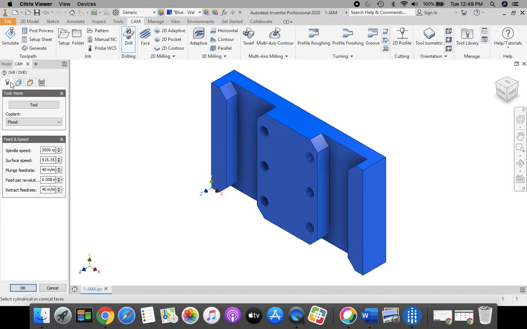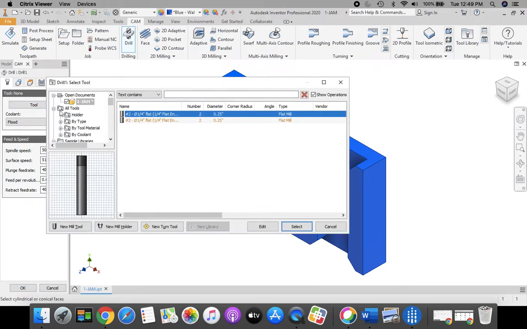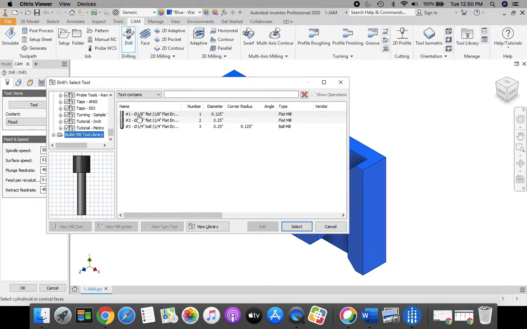Once again, we have these tabs running across the top. We're going to work them from left to right and take a look at what's inside of each tab area. For our first tab, we need to select our tool. So we're going to click on the tool button. Now, if you take a look in here, we should have entered in here earlier, Butler MS Tool Library. Earlier in the year, we loaded these tools in. If you did and you have this folder, you're going to select tool number 2, which is 1/4 inch flat